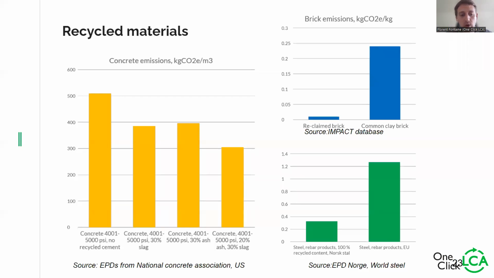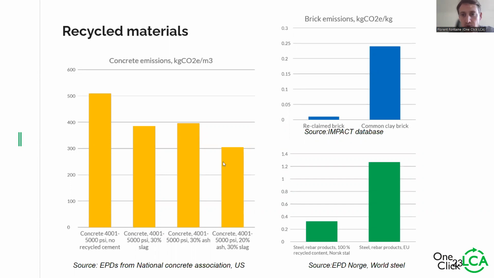You are also emitting naturally CO2 when you are reducing that material. So basically, if you can remove and replace the clinker by other materials like fly ash or GGBS, it will reduce the embodied carbon